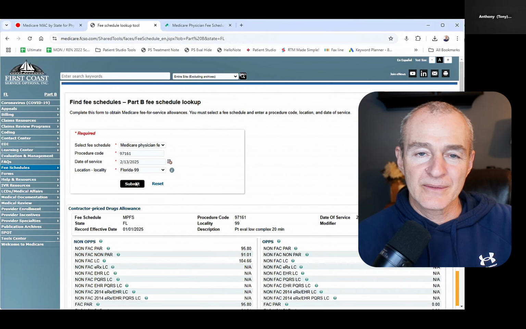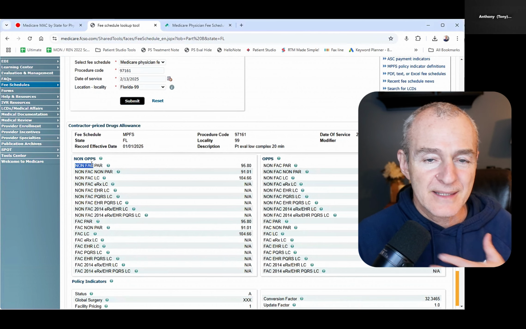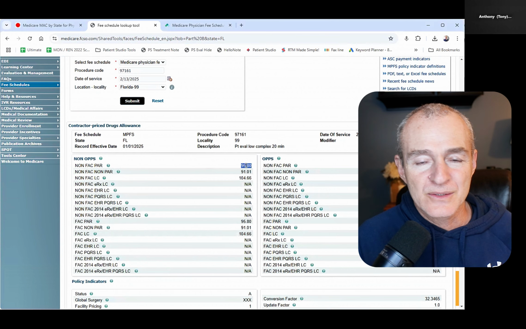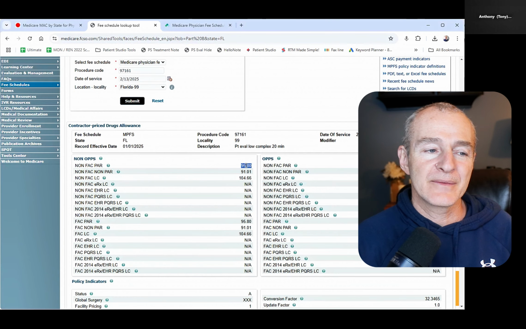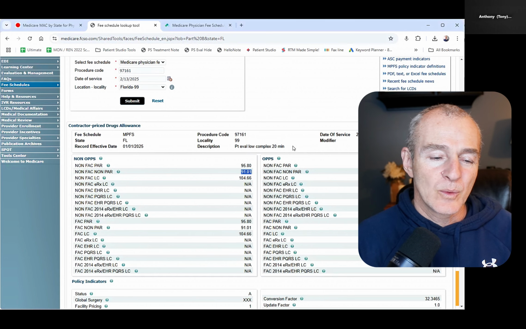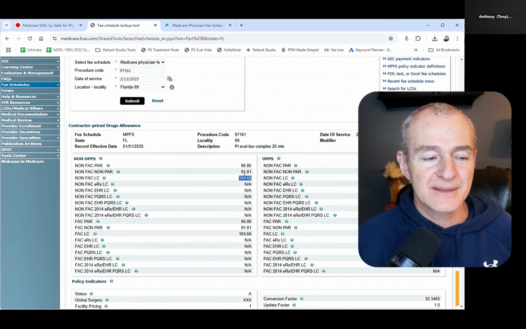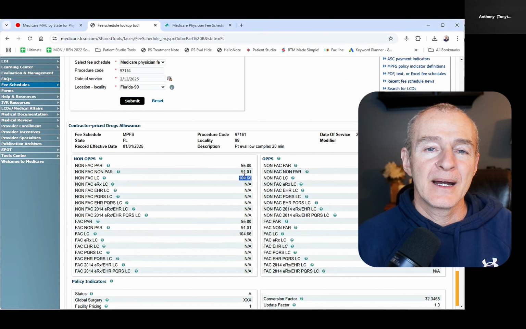Some states are big enough, they're divided into different sections. And so you can see, so non-facility is us. We are non-facility, we're private practice. $95.58 reimbursement or allowed amount for a Medicare participating provider, 97161. The non-par allowed amount is $91.01. And what you'll find is that the non-par allowed amount is 95% of the par allowed amount. The 104, which is listed as the non-facility limiting charge, LC is limiting charge, that represents 115% of the non-par